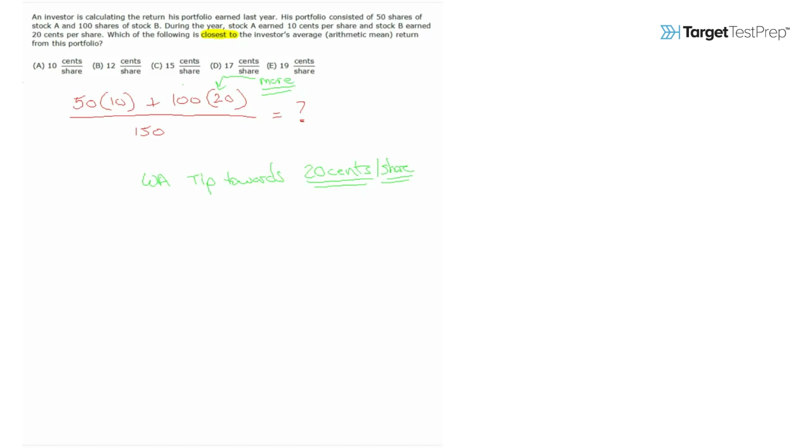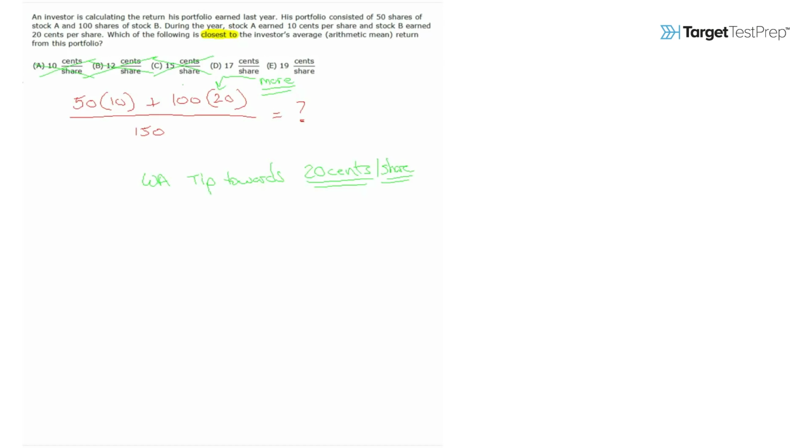So we know that anything 15 or below is out. So here's what we're left with. We're left with either 17 cents a share as the weighted average or 19. And this is where, with practice and a little intuition, you're going to be able to get these